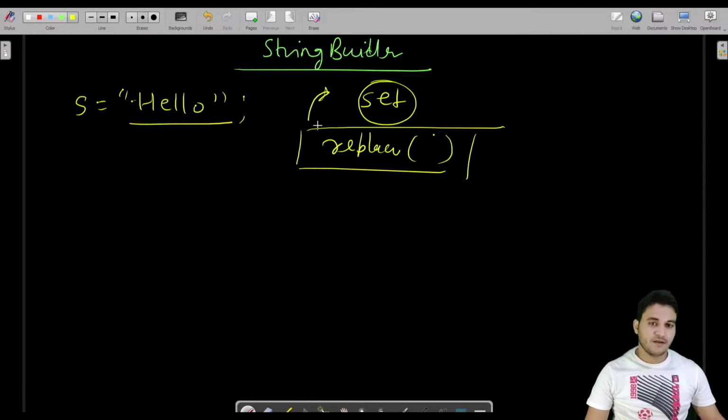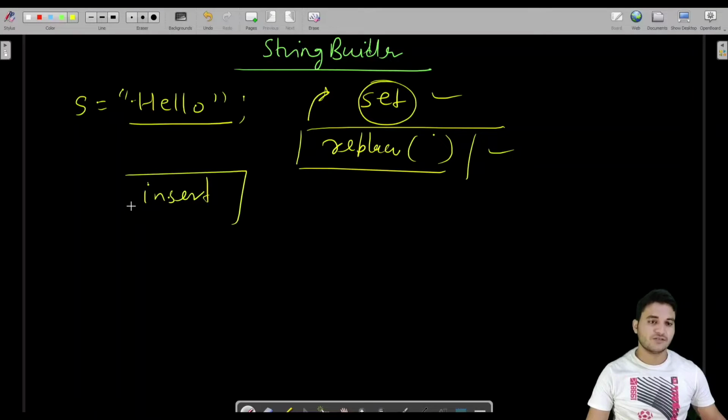One more disadvantage of string is that it does not have a set. If we have to replace anything, it will take O of n complexity. If we have to insert anything, there is no method to insert into this string. We have only replace.